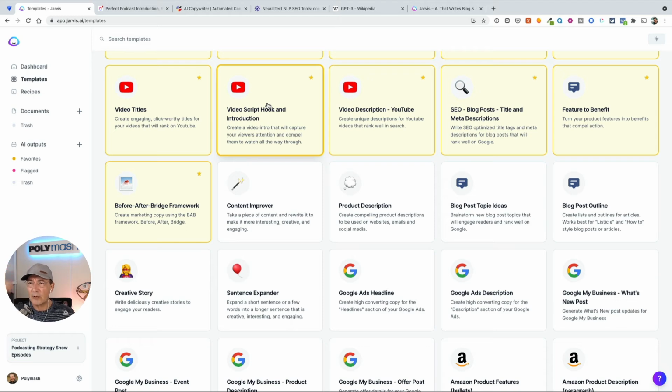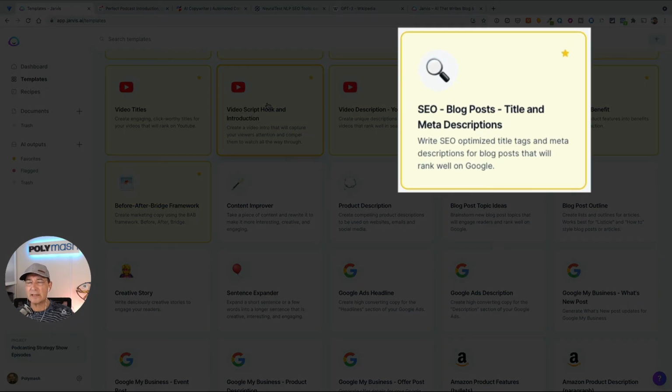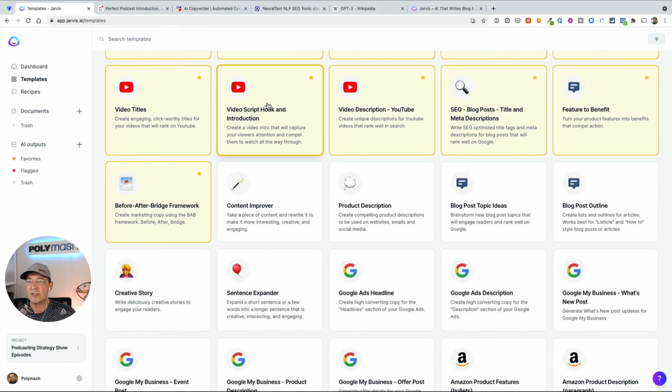There's this SEO blog post title and meta descriptions. These are sort of like a recipe where you do a little bit of SEO research, write a post concept, and then also get the title and meta descriptions, which are short pieces of micro content that tell the search engines what your article is about. So meta descriptions aren't necessarily visible to anyone. They are embedded in your web content. So you need those for your podcast episode articles or show notes as well. And so that's another interesting tool to play around with.